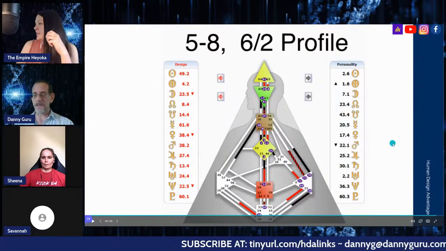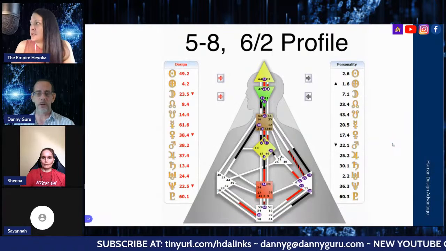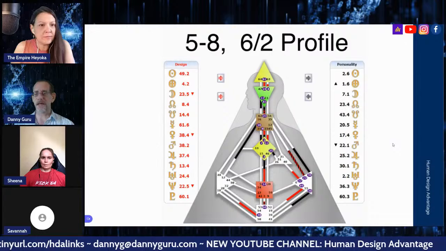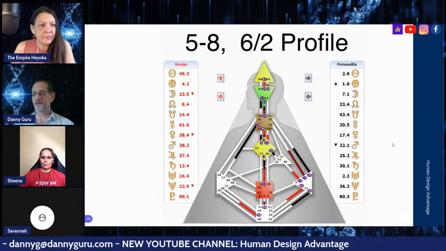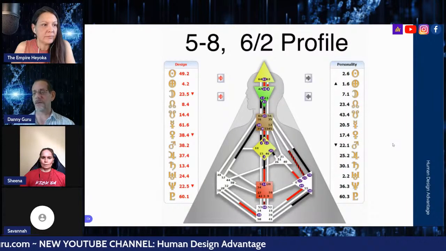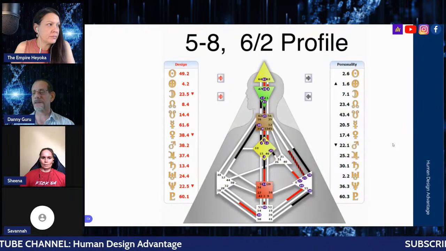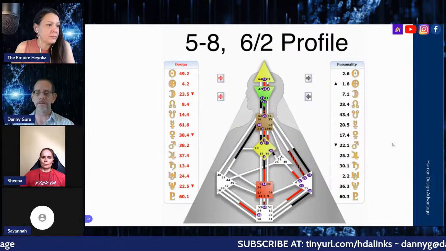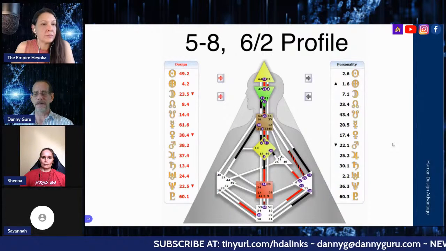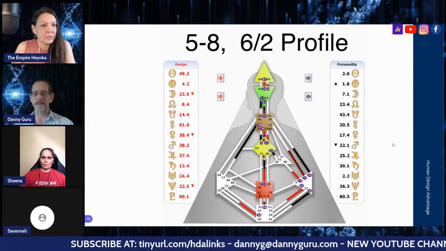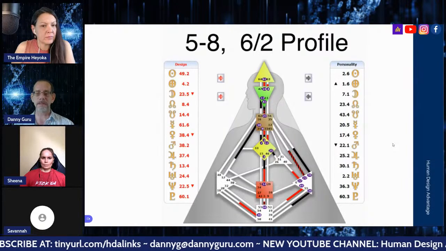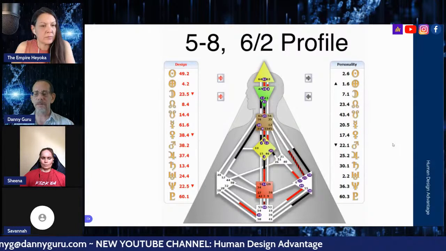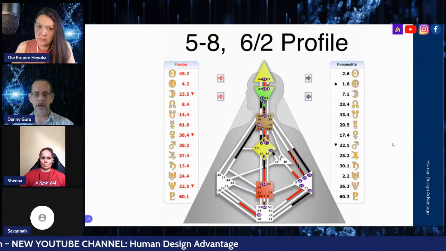Yep. This is a totally different kid than the one that was before. This kid's going to run into unexpected stuff. This person's going to be basically trial and error for the first 30 years of their life, figuring out what direction they want to go. And then they're going to go up on the roof and figure it out after that. They're a natural on their design side. So this child is going to want to hermit themselves, and it'll be unconscious for them. But they're always going to be trying to come up with a formula that they can explain that they know.